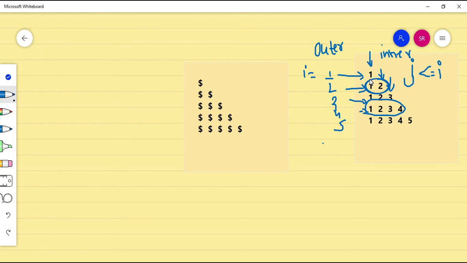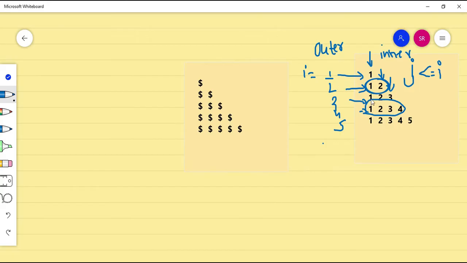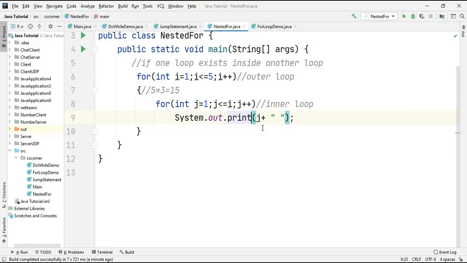And next, you want to have a pattern like this. You can see it has printed 1, then it has come to the next line, it is printing 1 and then giving some space and printing 2. Similarly over here. So I have to modify this slightly. I can put some spaces after this j, and instead of println, I'm going to write only print, because I want the values one after another. As soon as my inner loop completes, I should go to the next line, so you can print a blank line.